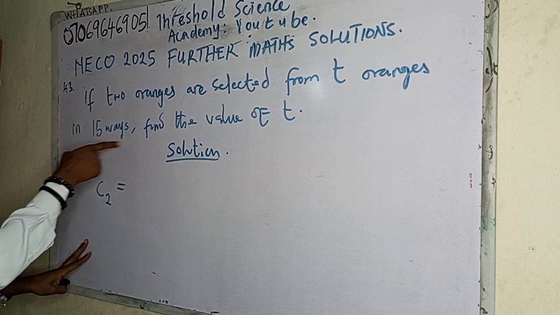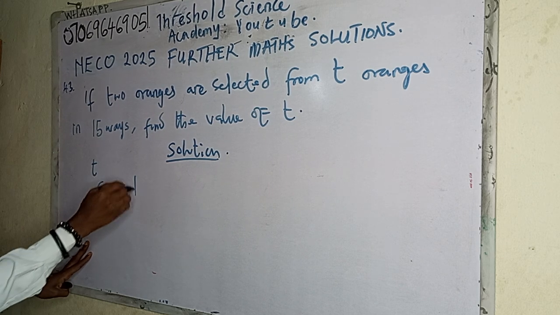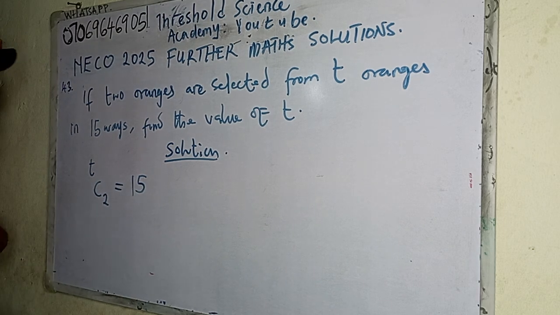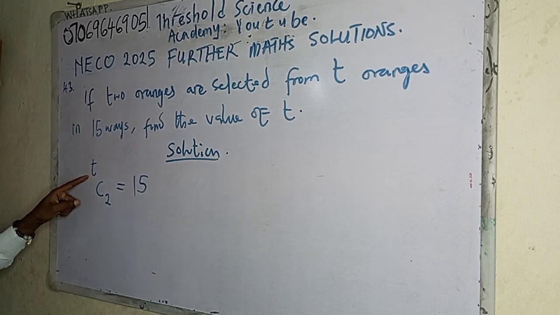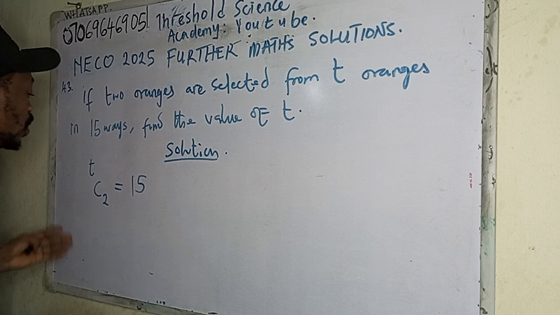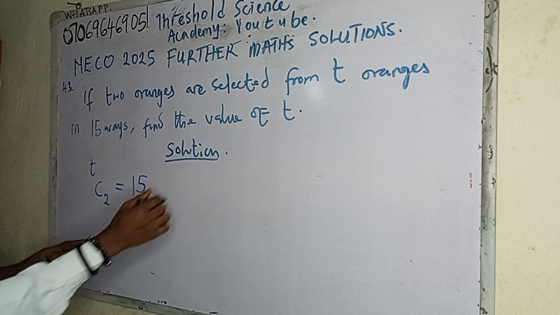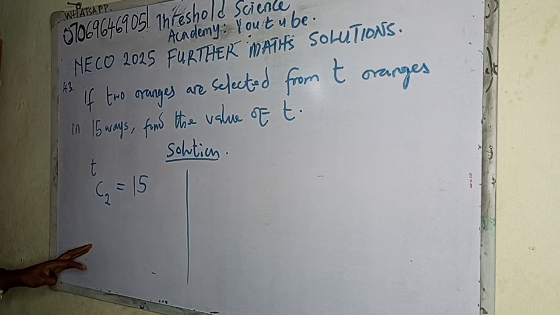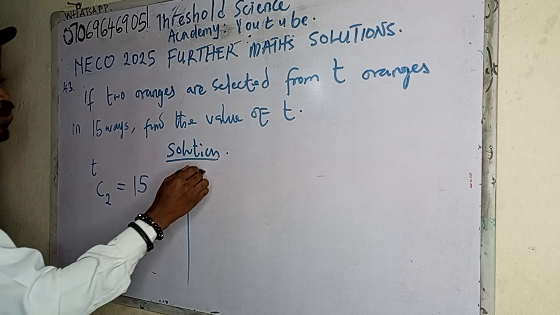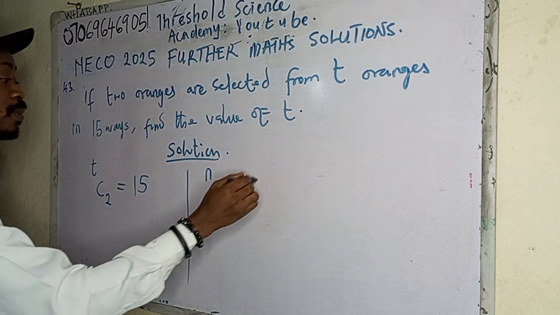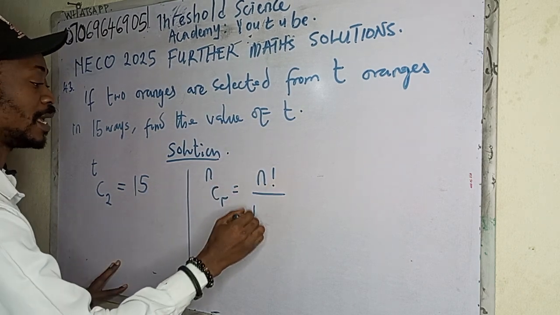And they said the answer is what? In 15 ways we can select two oranges from T number of oranges. So what's going to be our T? Like I said, it's a combination, and we need to be able to recollect the formula for combination. If you have n combination r, that's going to be n factorial all over n minus r factorial,